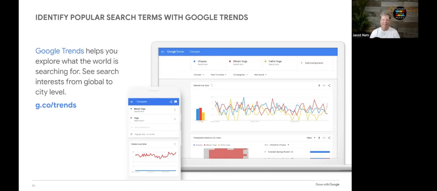So moving goods across our country. So Google Trends will compare words for you. So for example,